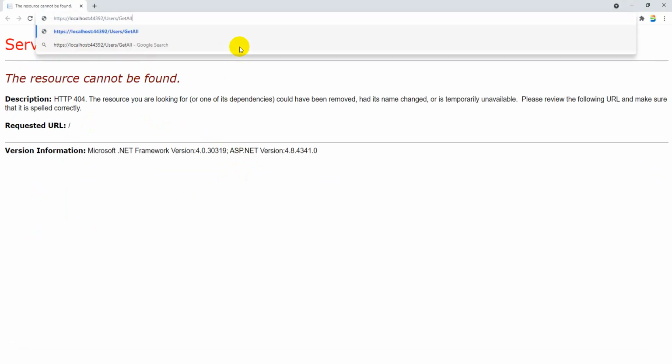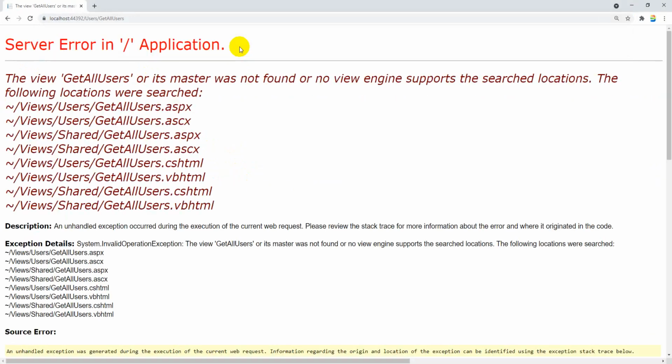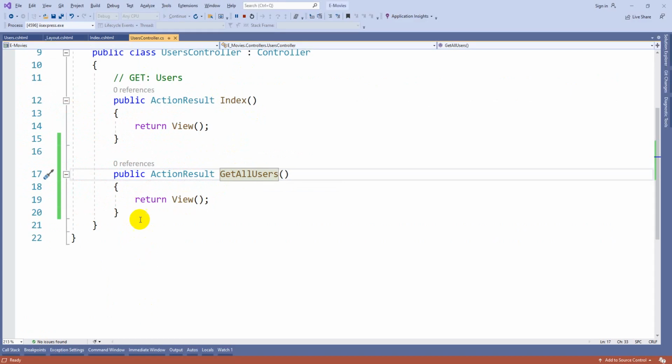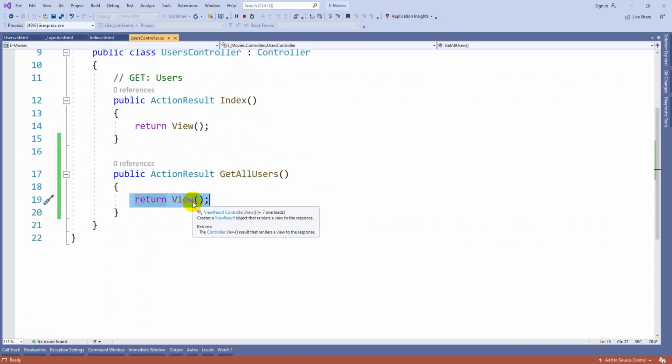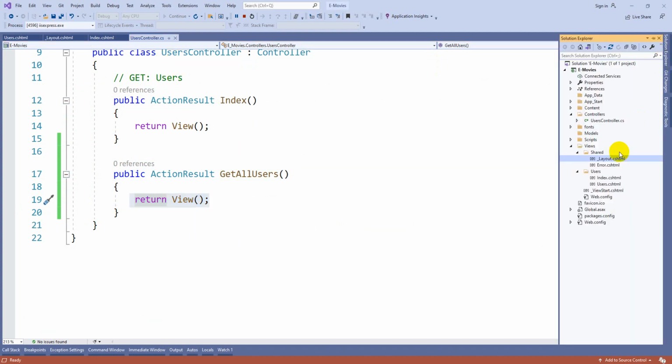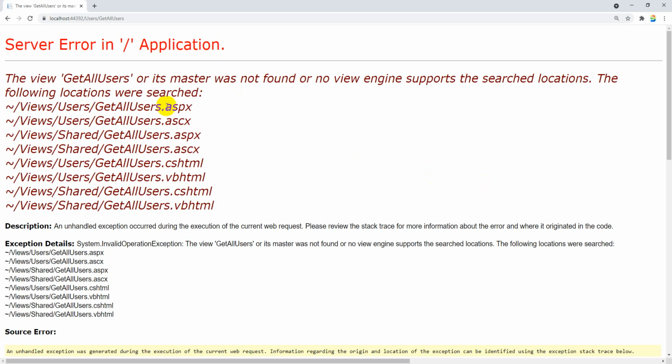So now I will get an error because here you wrote to return the view. Then our browser will go to this Users folder inside this Views folder. There it will check for GetAllUsers, but there is no view found with that name.